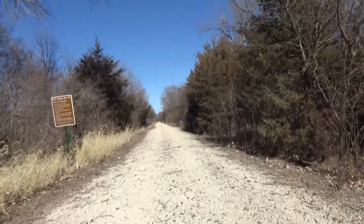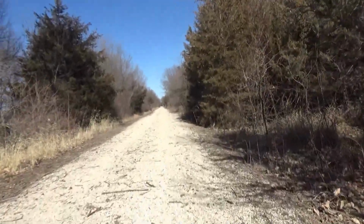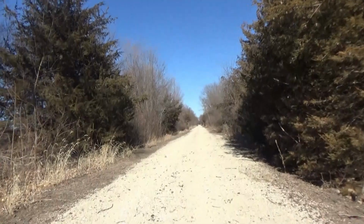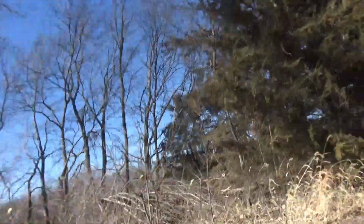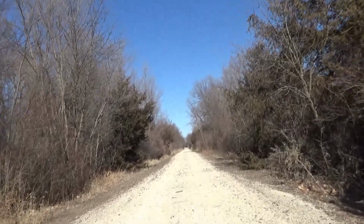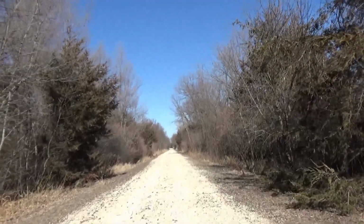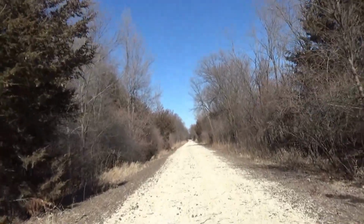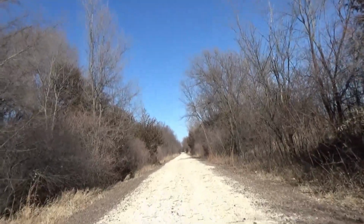The cedar's gonna be nice. You know what? The sun's at my back. I don't mind that. Yeah, there's limbs, little bits of limbs and branches on. So, but I am having a blast, and I hope you can enjoy that. And the scenery. A lot of cedar here. And, well, there's a lot of brush, too. But even though it's winter and they don't have leaves, there's still a lot of it, enough to break some of that wind. It's not heavy wind, it's just a breeze, but...